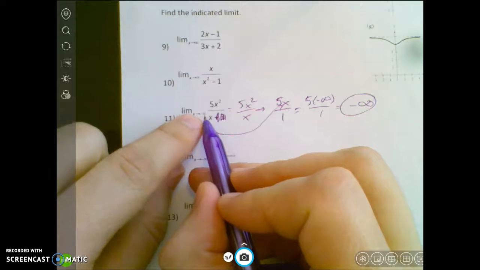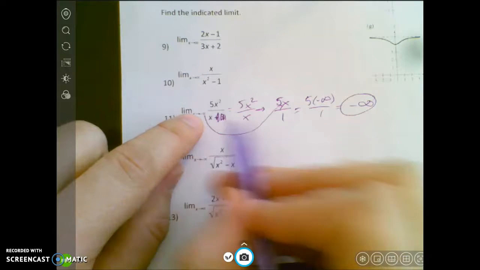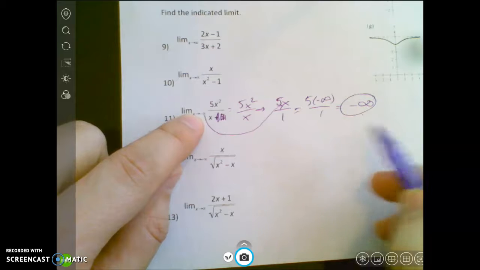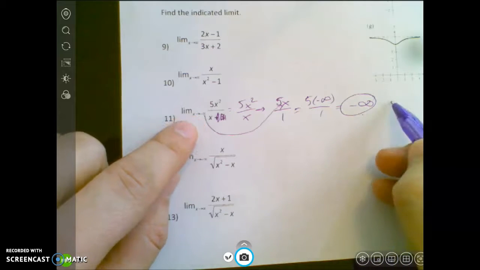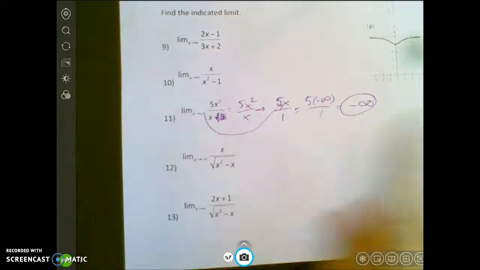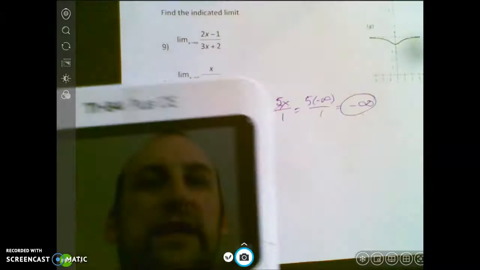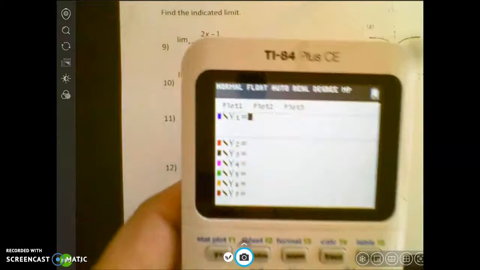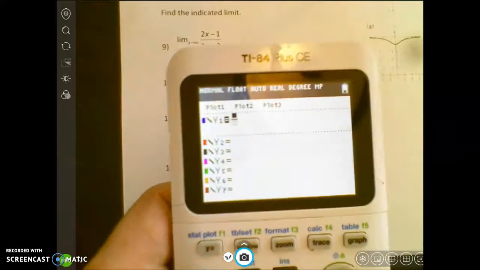This means as I go way left on my graph, the y values go way down. So my graph, I already know without ever looking at a picture, this graph dives down to the left. And if I would have put a positive infinity there, it'd go way up. And I guarantee if we graph this picture, right, 5x, oh shoot,